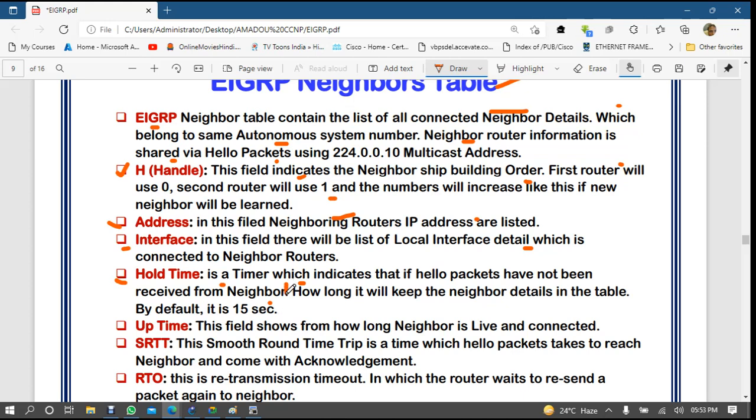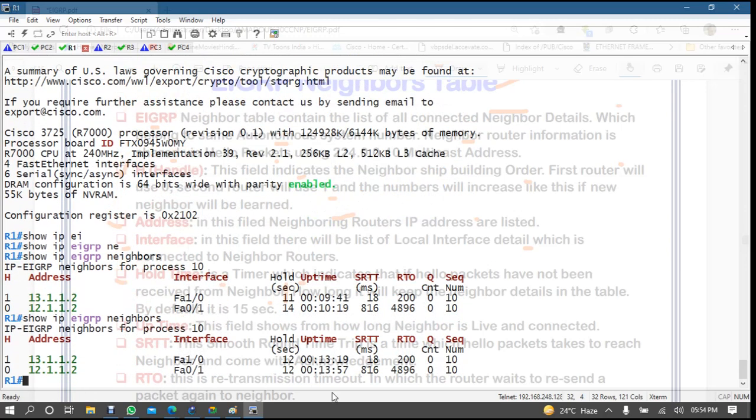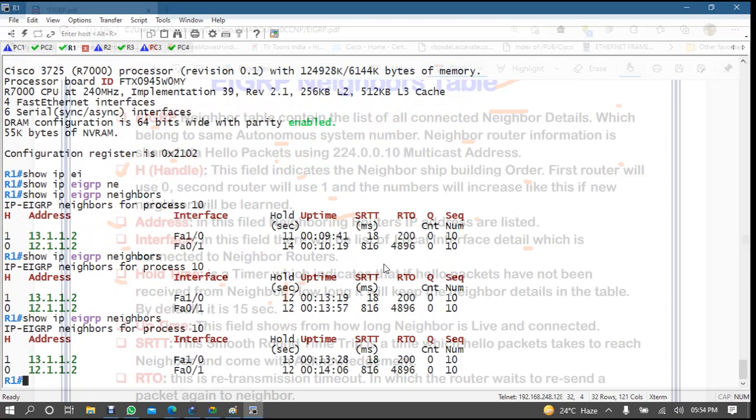Here I have received a message from my neighbor 11 seconds ago, 14 seconds ago, but you will never see more than 15. You will always see less than 15. More than 15 means your neighbor is down.